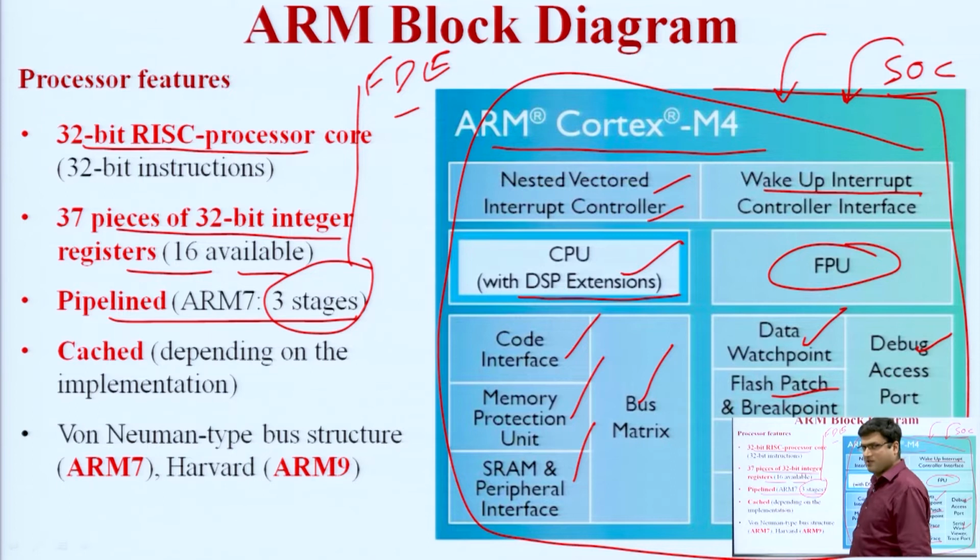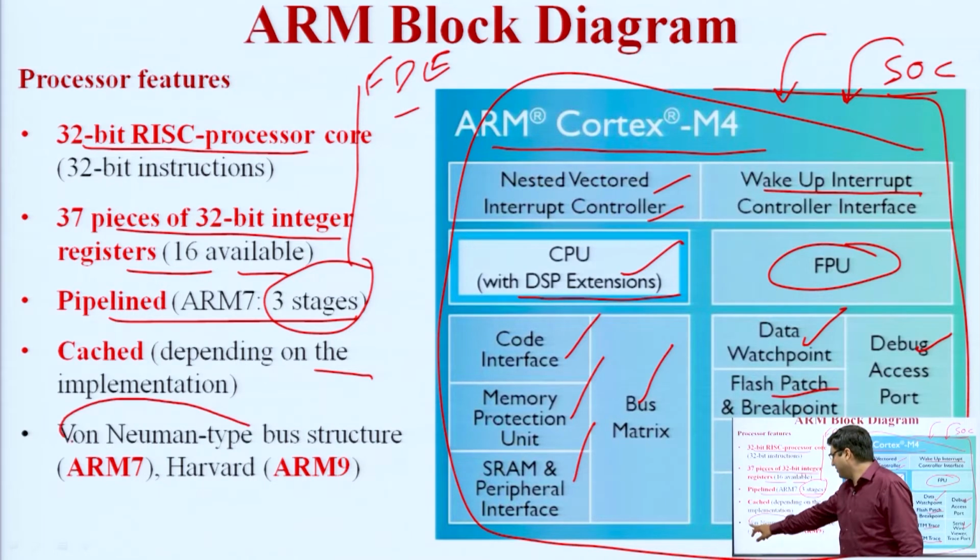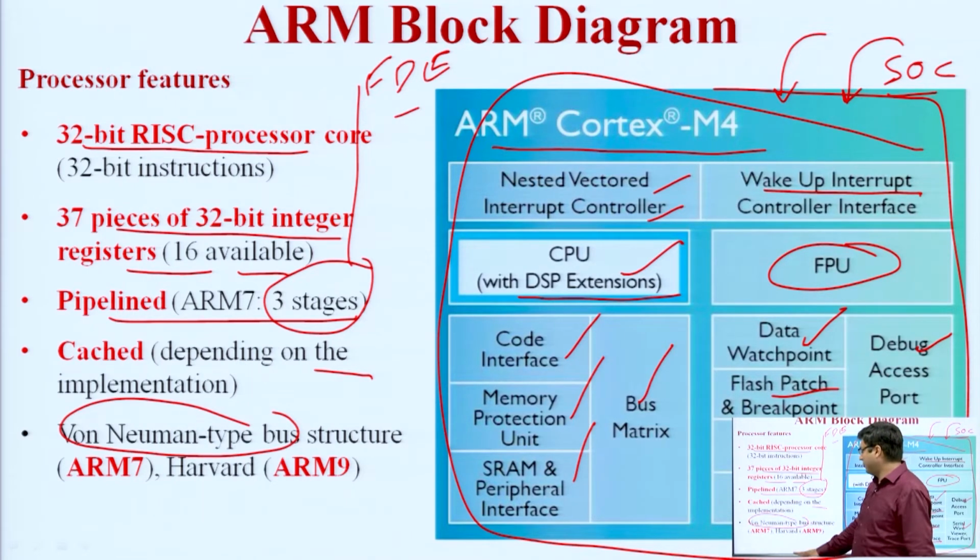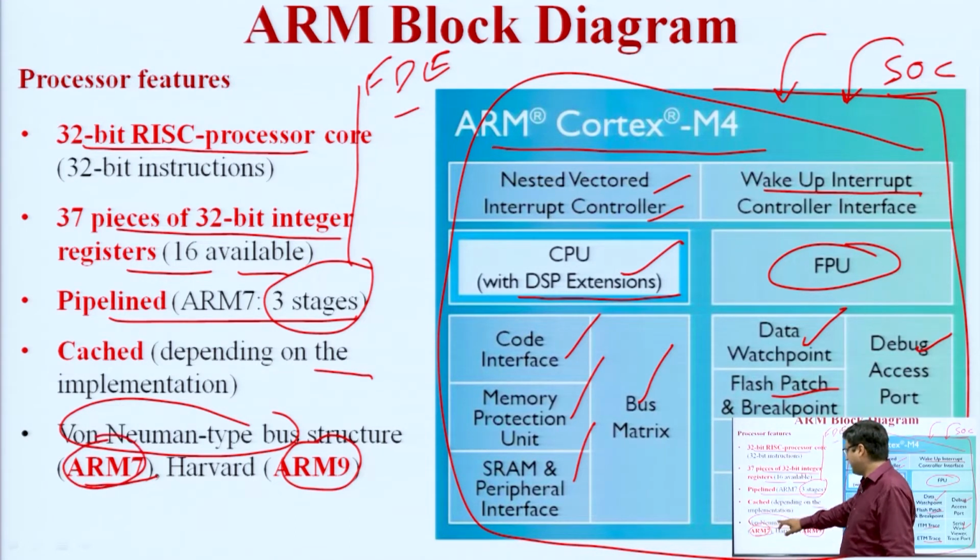We have seen this in the previous lecture as well. It has a cache memory unit. Cache means the fastest memory unit available in our ARM processor. It is based on the von Neumann type of bus architecture. Von Neumann means that both the program and data memory are allocated in the same memory space, with the same data bus and program bus. These are the classic processors we saw in the previous lecture: ARM7, ARM9 and ARM11. ARM7 utilizes the von Neumann memory and ARM9 utilizes the Harvard memory.